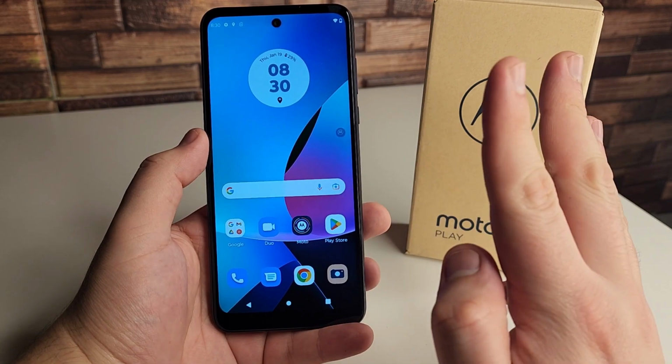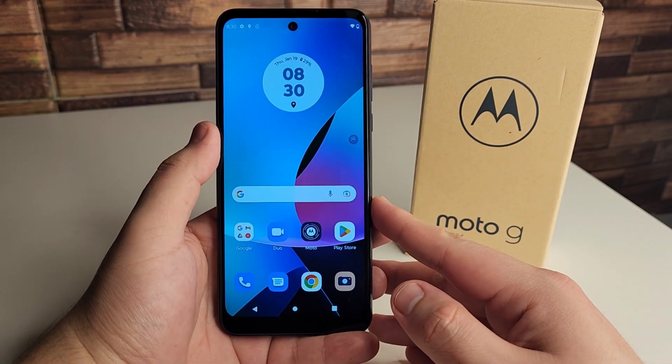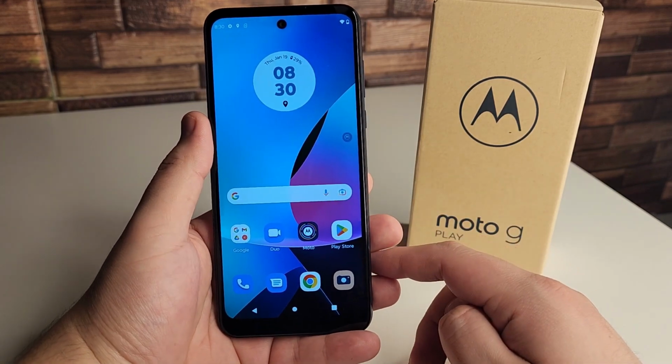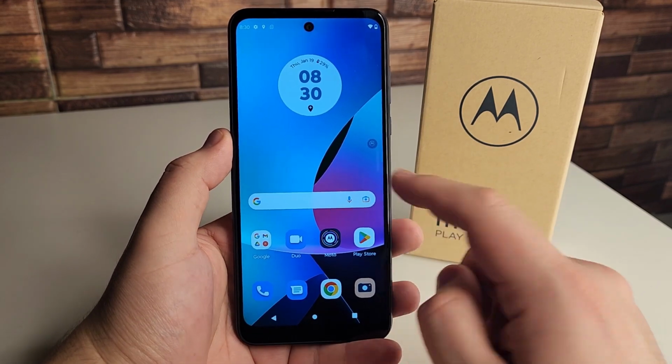But so far, I have only found 3 pros about this phone, I know, but we have actually found a ton of cons about this, and I'll elaborate in the full review on this. But let's go ahead and start off with the pros. So the first pro about this device is, of course, we have a very clean layout